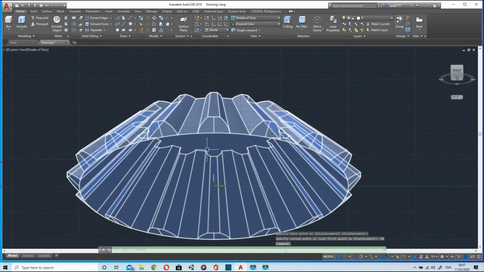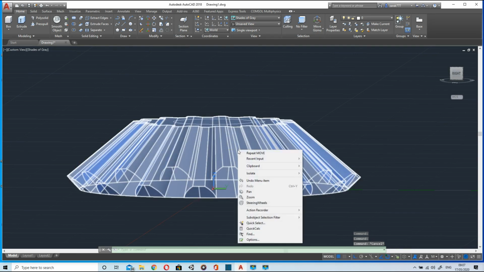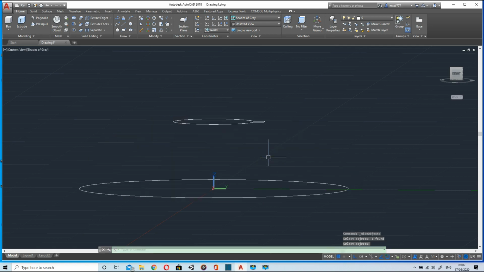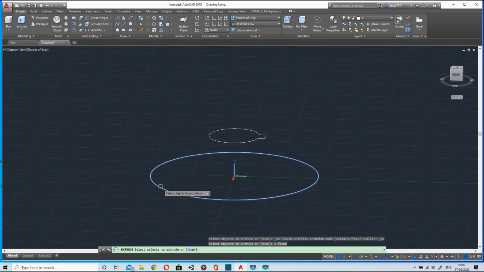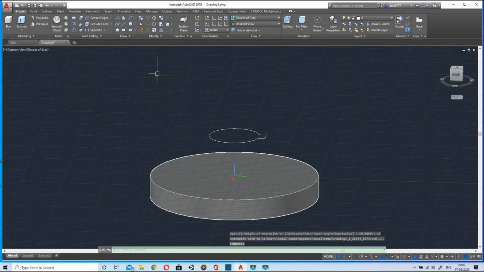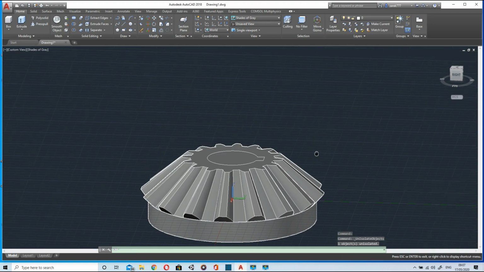Just like this. I will use extrude command to extrude it up to the required depth, that is 25 in this case. Then end isolation and the gear is ready.